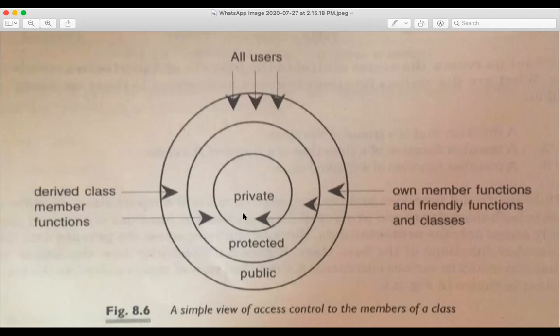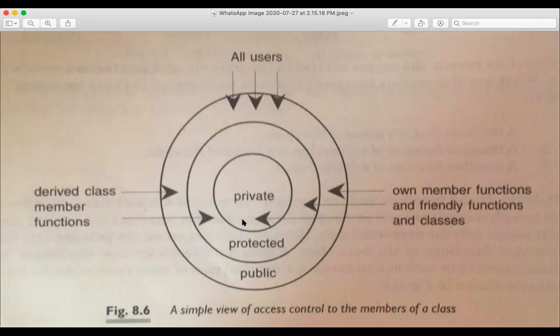Next one is private. Private can only be accessed by the own class member functions, the friend functions and the friend classes. Getting it? So its visibility is very low for private, only within that class and to the friend function. Within the class and the friend function can only access the private field.